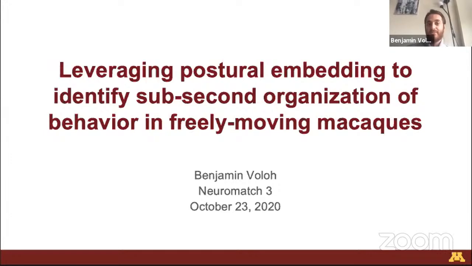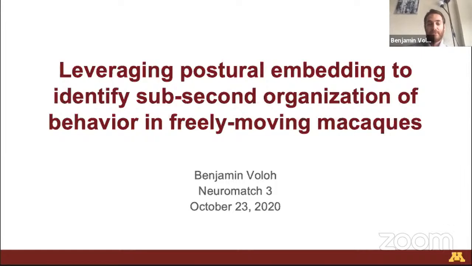Our ultimate goal, though, like most other people's in our field, is to understand how the brain generates behavior. The way we typically study that is by mapping brain activity to behavioral output. We put a monkey in a chair and let him perform some task. This has led to a lot of powerful insights for sure, but the behavioral repertoire that can be expressed is going to be severely limited. And this is a shame because we are throwing out a lot of key information, namely what their body movements